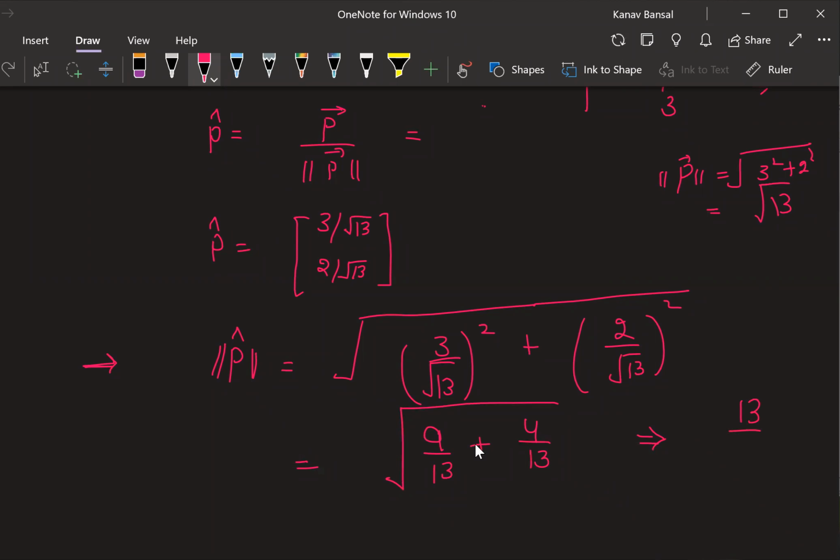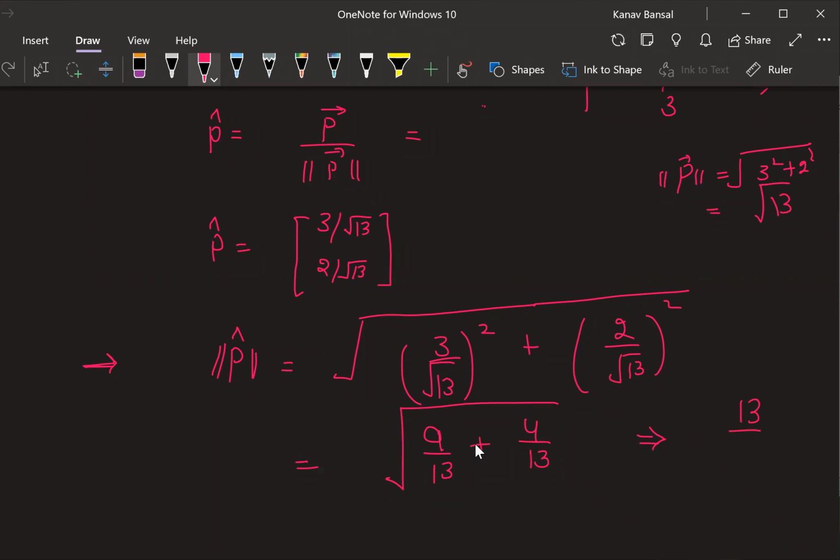The only thing is, there are a couple of things you need to understand. Unit vector is going to be in the same direction as P vector, right? The P cap is going to be in the same direction as P vector. The only thing is its length is going to be 1. Direction will be the same as P vector. The only thing is the length is going to be equal to 1. Are all these concepts clear to everyone? If all these concepts are clear, then only we can go to the last concept for today.